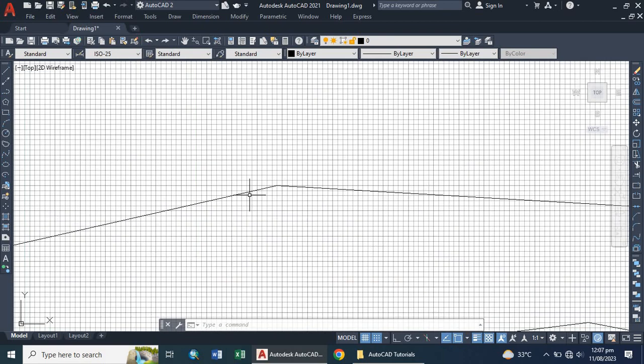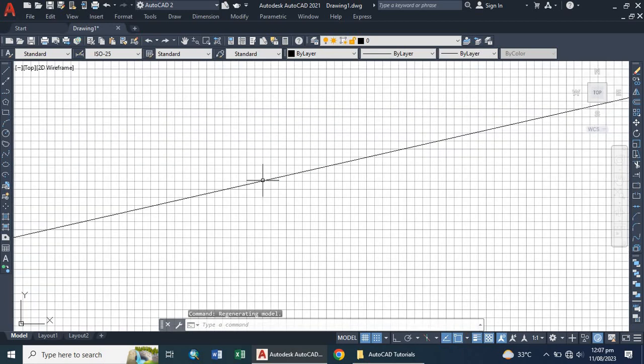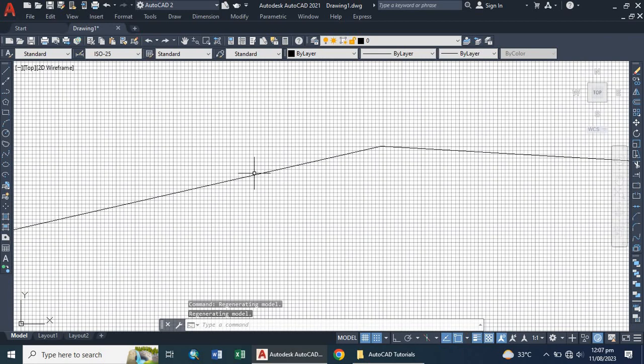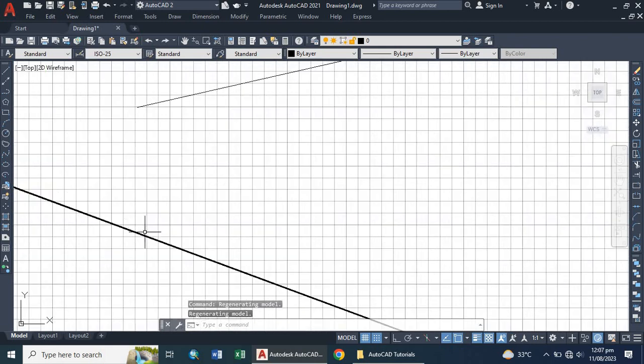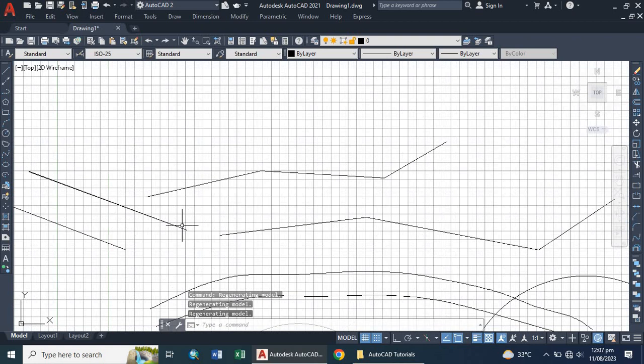But if you zoom in on this line, as you can see, this is a single line. This actually has no width by layer. This is by layer by default. And if we want to increase the width of the line, you can do this in that way. And one more thing, if you want to adjust the size of our crosshair, you can right click on mouse,